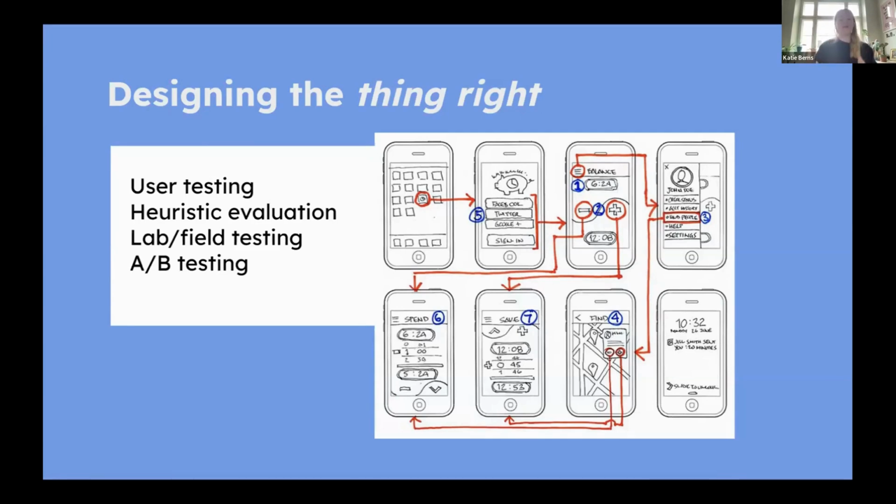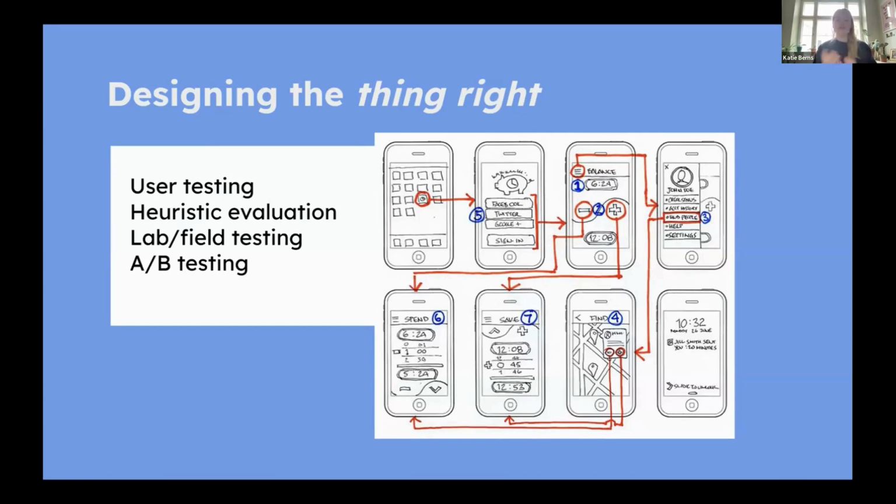And then gather as much information and knowledge as you can before you go on to conduct user testing with users. And then again, like I was talking about, the difference between lab testing and field testing. There's one thing about investigating how the system works in a lab setting, which can be really beneficial from the beginning stages, but eventually you will also want to see how it works in the field, in the context in which it will be used. And then to get a bit more granular, we have the process of A/B testing, where you would have two versions of the system with slight differences, and you're testing them against each other to see which is the most effective.